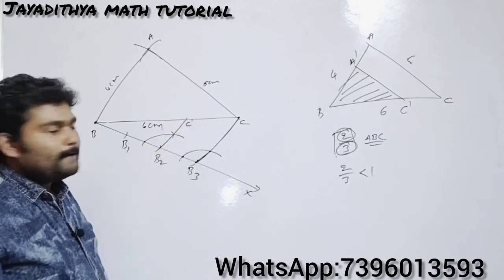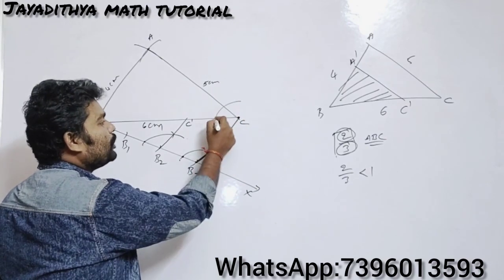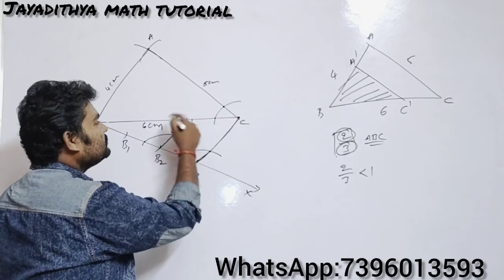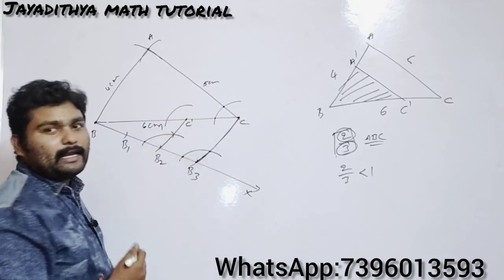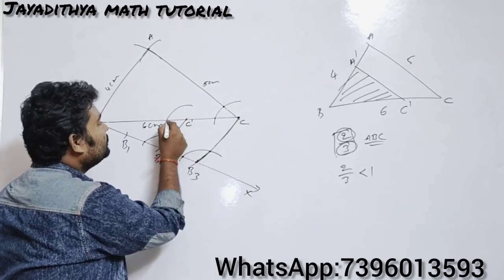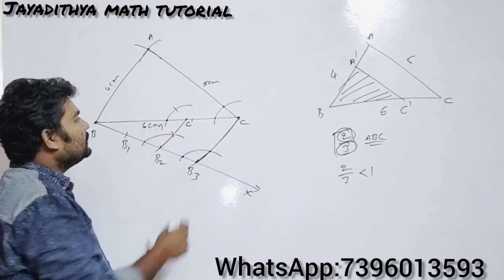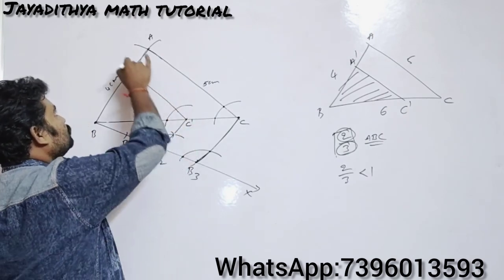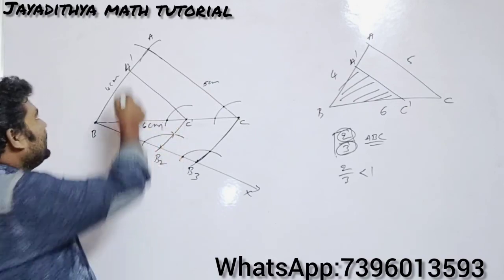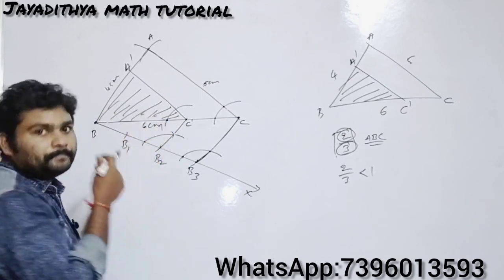Similarly, you should also do it at the top. From C, take a convenient radius and draw an arc such that it cuts the 2 lines at 2 different points, and with the same radius, take C dash as center and again draw an arc. Measure this part with the compass, and from this point you should cut it. After this, join these 2 points and here you will get A dash. So that's all. A dash, B and C dash is your similar triangle. So simple, right? Got it?